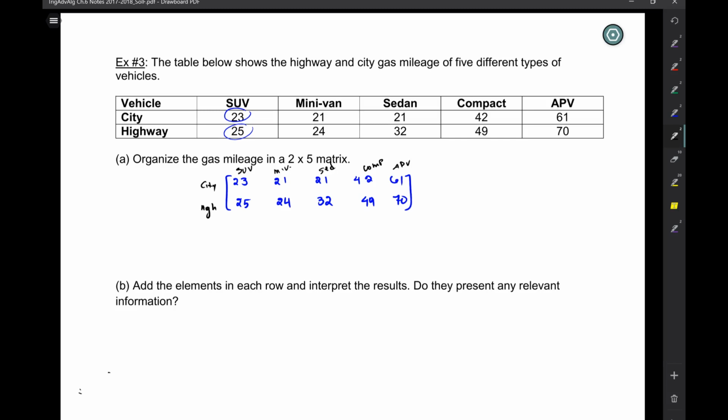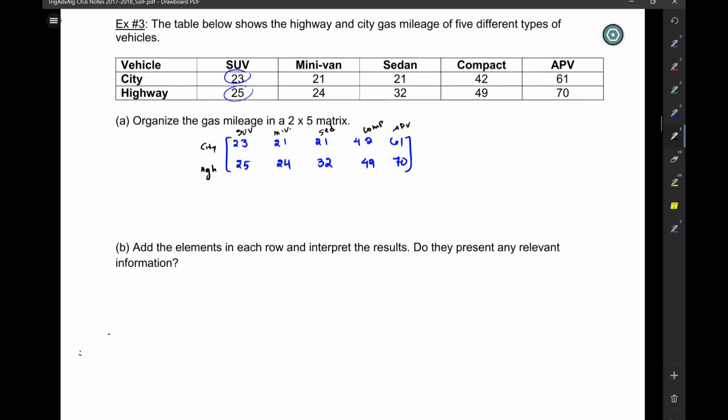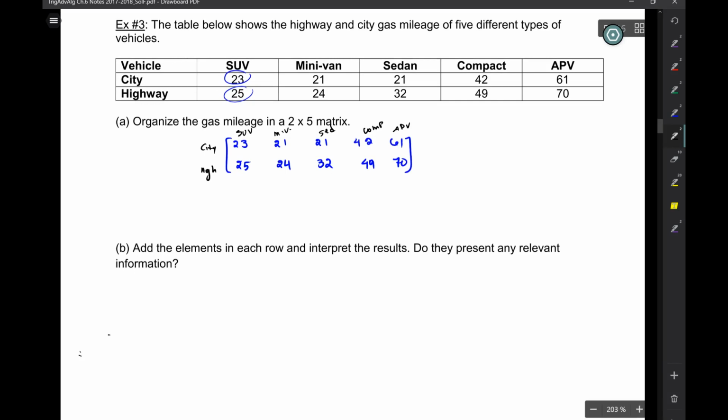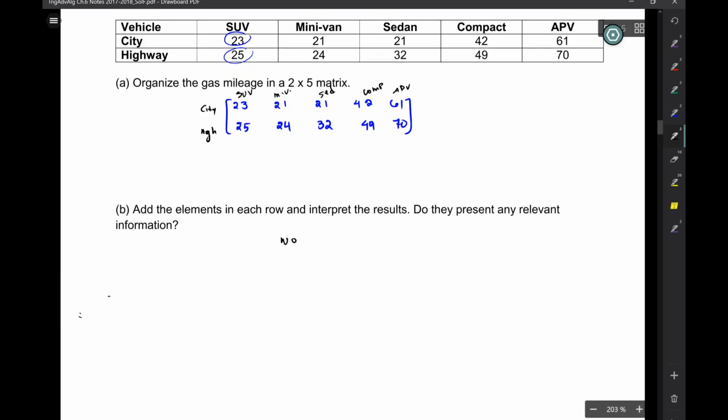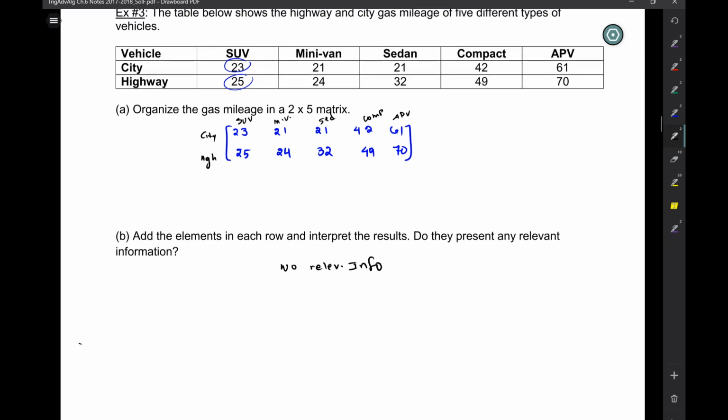Do they present any relevant information? So if I were to add all of the elements in the row, what do I get? I just get like a cumulative number of like MPGs. Does that represent anything significant? No, right? So no relevant information. But it's important for you to be able to know that, because sometimes it might be something that's relevant. Okay? So for example,